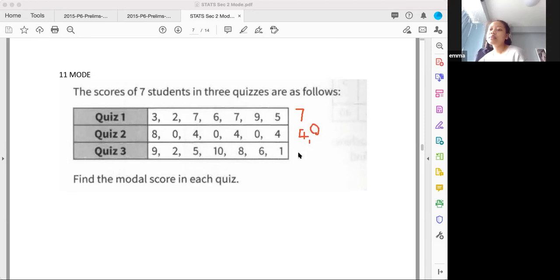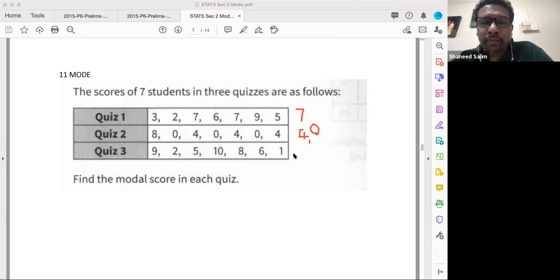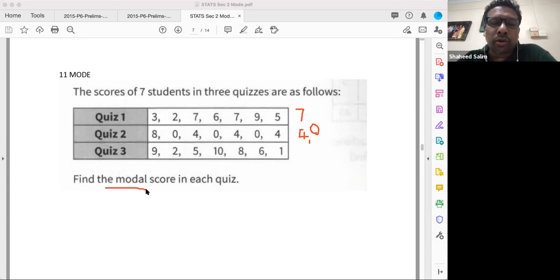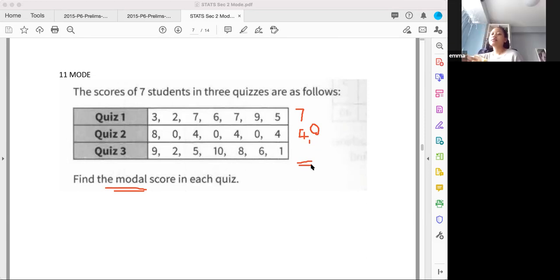And what about the last one? Is there any mode for this one? Sorry, mode. Is there any mode on here, or none? Highest occurring,